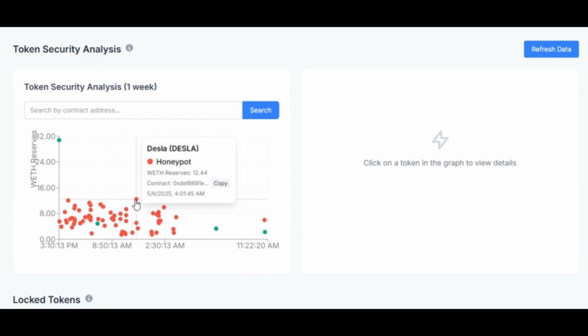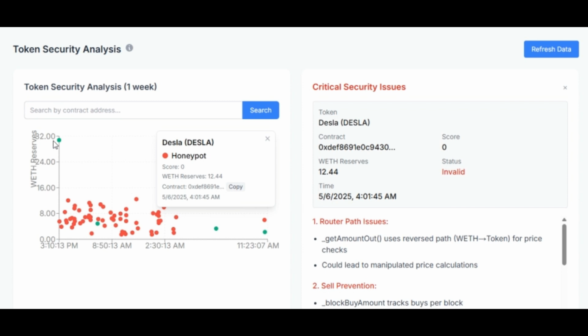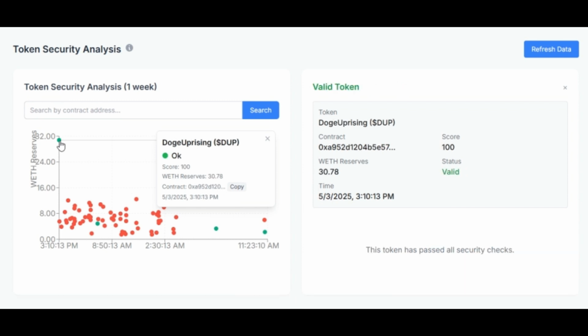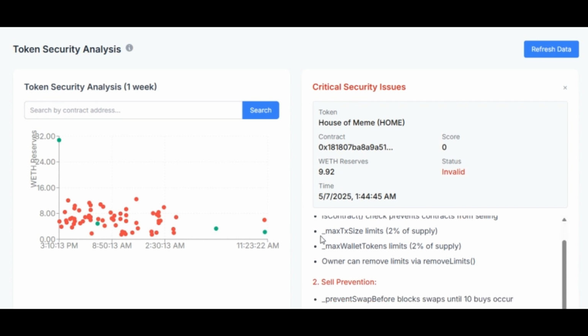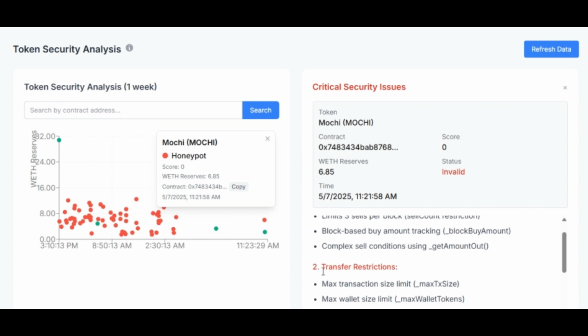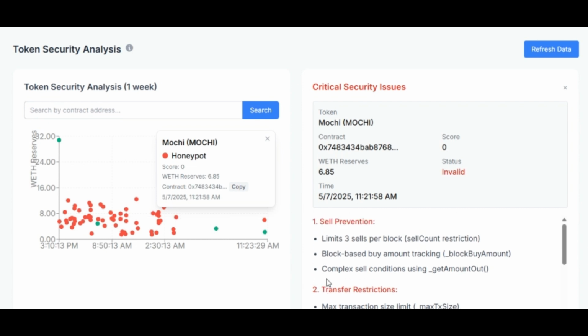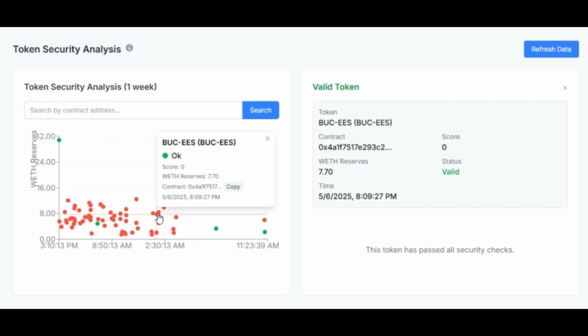The uppermost visualization represents our most sophisticated analysis tier. This displays tokens that have passed initial security screening by demonstrating locked liquidity and no obvious fraudulent characteristics. These contracts undergo evaluation by our specialized machine learning model trained on an extensive corpus of smart contracts to identify subtle exploitation vectors. Our AI-powered security protocol examines numerous technical parameters including fee structure implementation and transparency, concealed taxation variables,